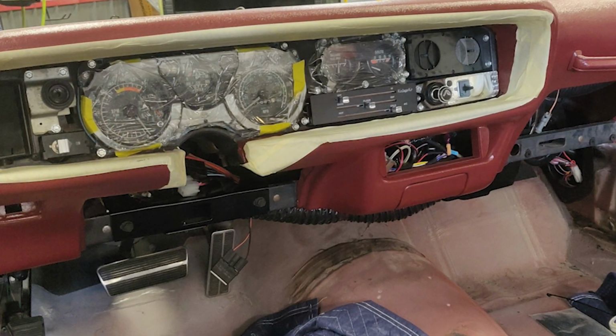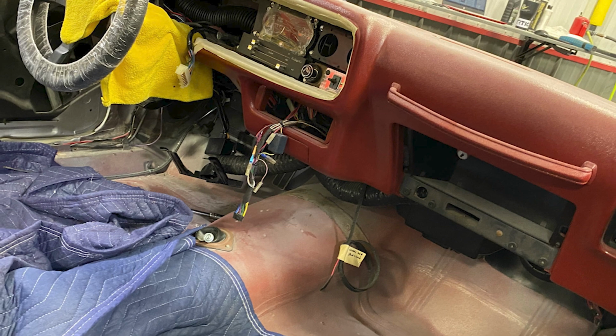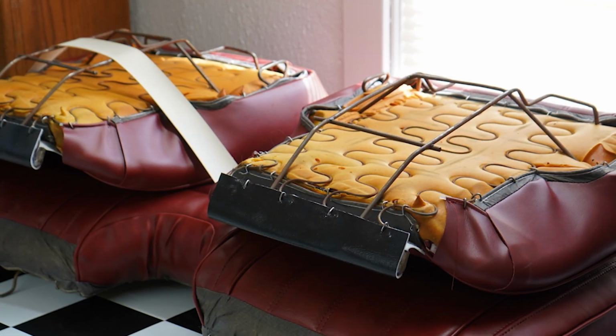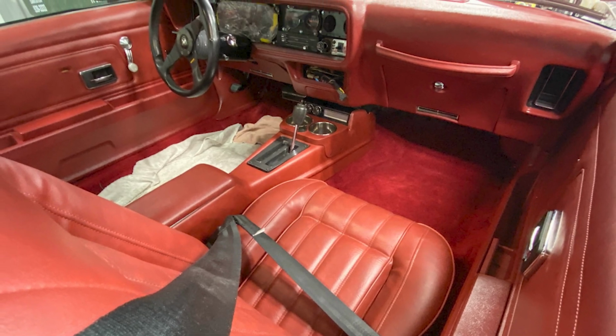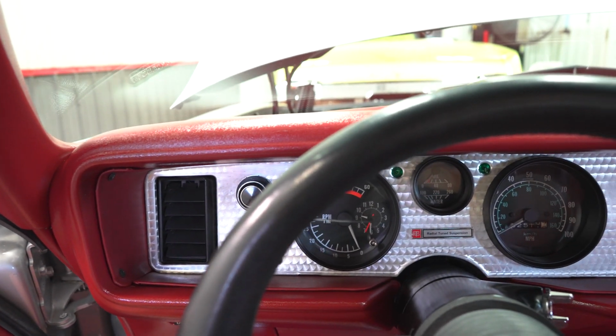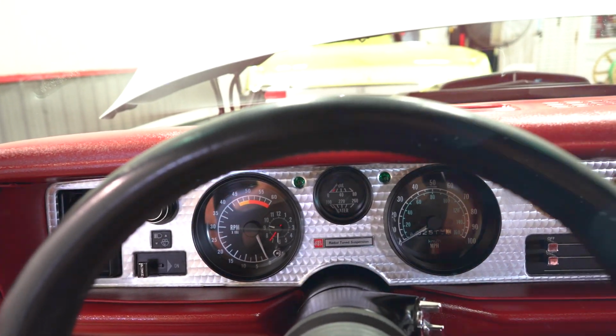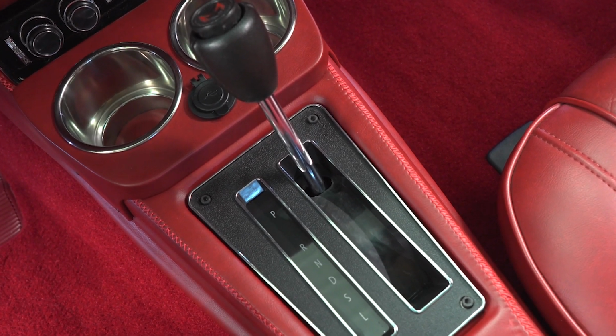Our interior team went to work on this beautiful firethorn red interior. Silver and red always look great. Red to me is the color of a sports car interior. And we restuffed and recovered the original seats. We put new carpet in it, new dash pad, finessed some of the original pieces. This car has that great engine turned insert around all the gauges and the dashboard, which now contrasts beautifully with the silver paint outside. We wrapped the console so it looks much nicer than the original molded plastic one. We worked the center console and put cup holders in it,